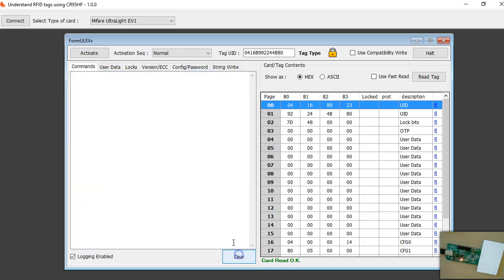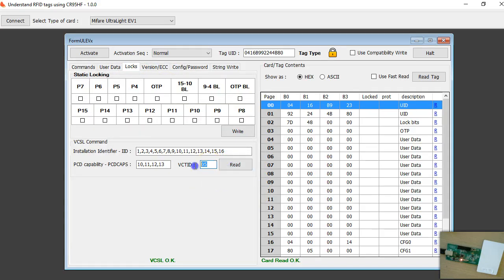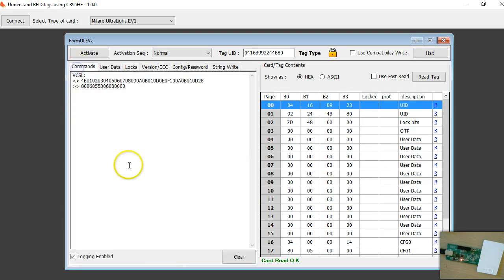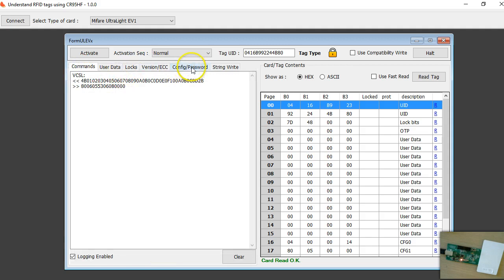Let me see what happens when you send that command. When you send it, you get the value 05. The command structure is a bit different. What the documentation says is we have to send the 15 or 16 bytes of installation identifier, followed by the 4 bytes of PCD. So you are literally sending 20 bytes,